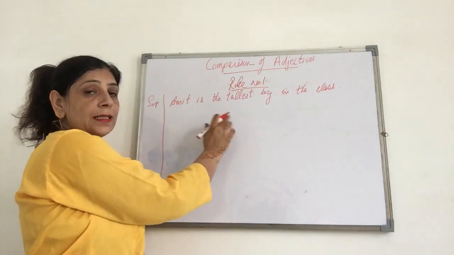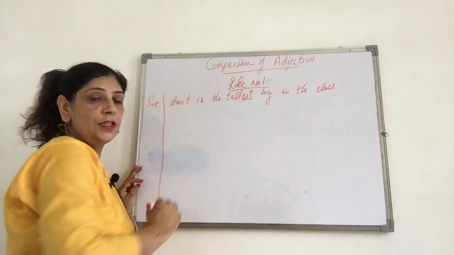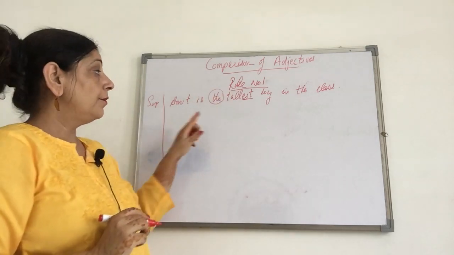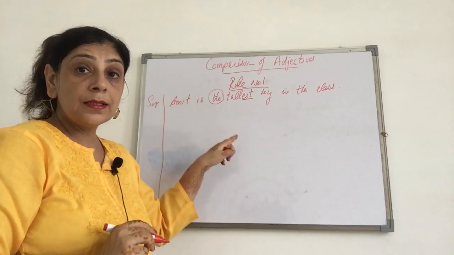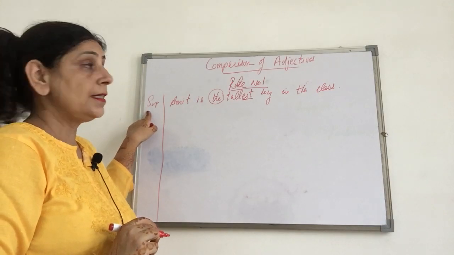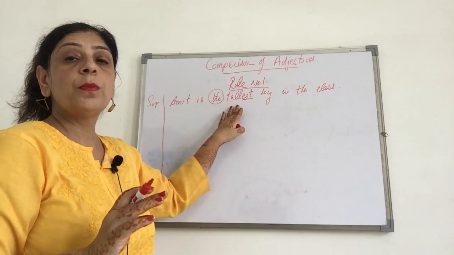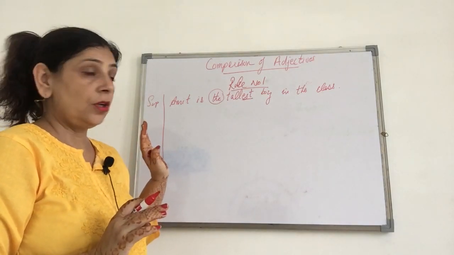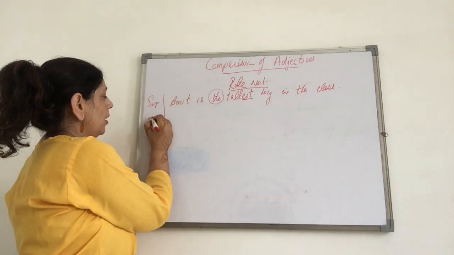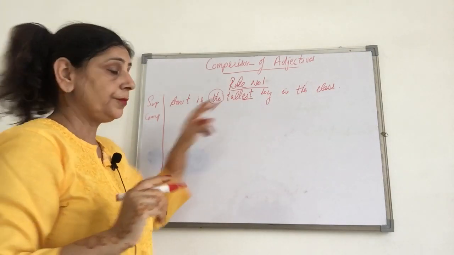Now, what tells us that this sentence is in the superlative degree? The word EST, tallest, one thing, and the word the. The word which I have circled, that is the compulsory word of that sentence. That means in every superlative sentence, the word the is compulsory, and the word the always comes before the superlative word. Tallest. Amit is the tallest boy in the class. Now we have to change into comparative. What is the comparative degree of tallest? Taller. So it will be